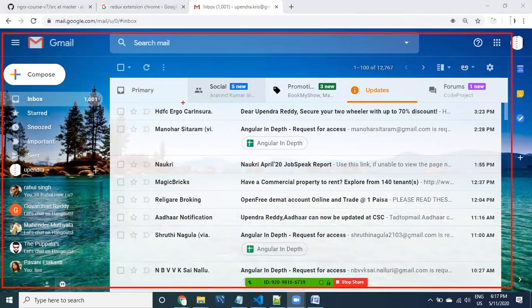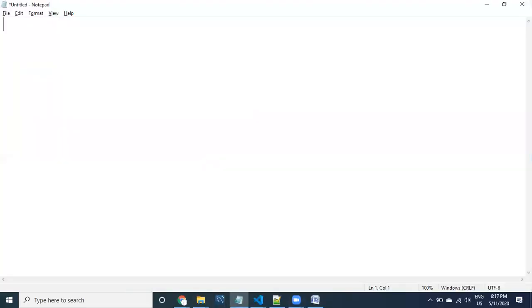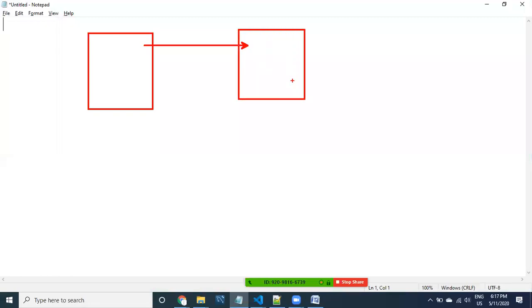Now you need to understand the clear difference and relationship between the browser and the server. From the browser, a request goes to the server. In our case, our server is running under 4200, and inside the server our application is running. Whenever you say ng serve, the application automatically starts. Assume this is the server. This server is going to give you the response, and that response is going to come to the browser in terms of what?